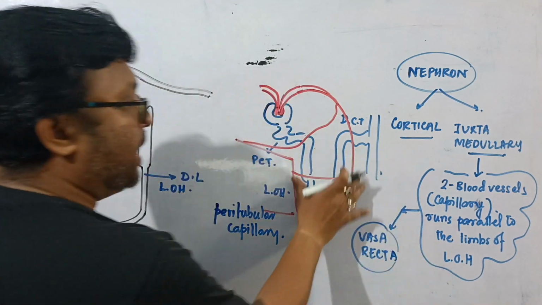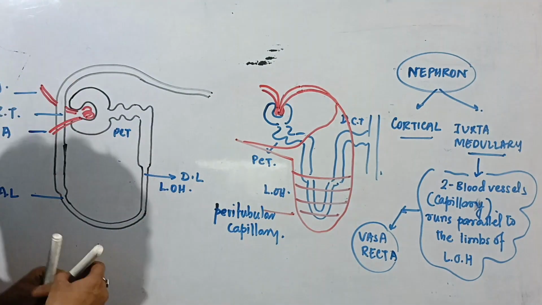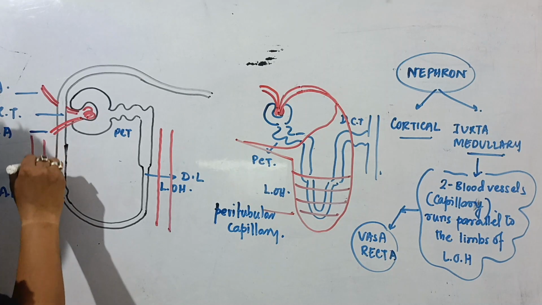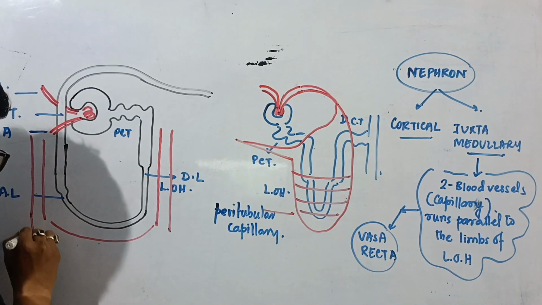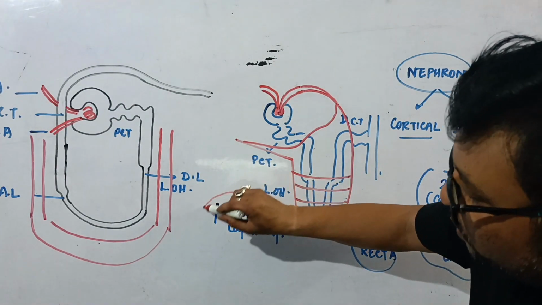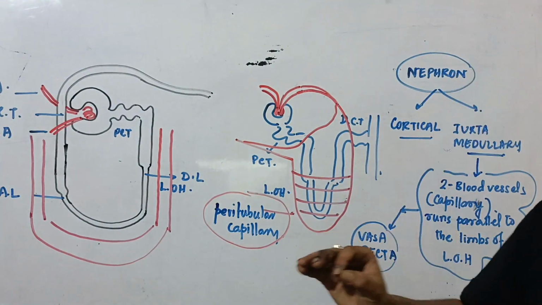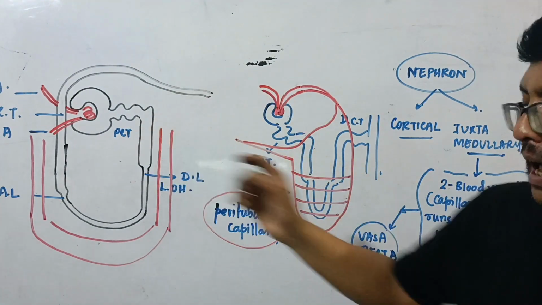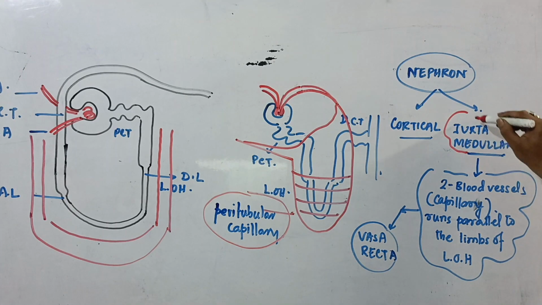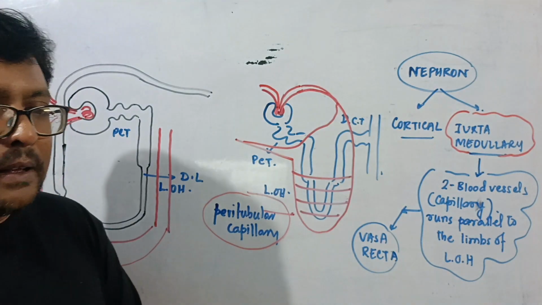আচ্ছা, আমি ভাসা রেক্টা দেখাচ্ছি, এটা হচ্ছে পুরো ক্যাপিলারিটা, কিন্তু বলছে এই ক্যাপিলারির মধ্যে দুটো এমন ভেসেল রয়েছে, and those two vessels generally run parallel to these two limbs of loop of Henle. কি বোঝা গেছে? আই এম নট শোয়িং দ্য হোল ক্যাপিলারি, পুরোটাকে বলা হচ্ছে পেরিটিউবিউলার ক্যাপিলারি। বাট এই ক্যাপিলারির মধ্যে দুটো এমন ভেসেলস আছে, those two vessels generally run parallel to the limbs of the loop of Henle, and those two vessels are known as vasa recta, which is well developed in juxtamedullary nephron. আমি এখানেই বলে দিলাম, নেক্সট ডে উইল বি ডিসকাসিং কাউন্টার কারেন্ট, অ্যান্ড অ্যাকচুয়ালি দিস কনসেপ্ট ইজ রিকোয়ার্ড ইন